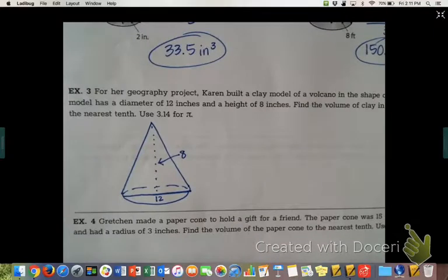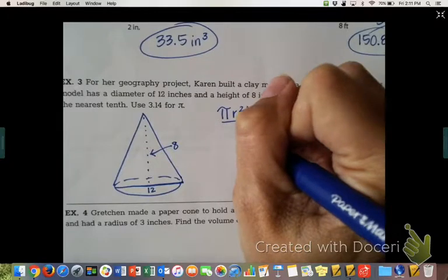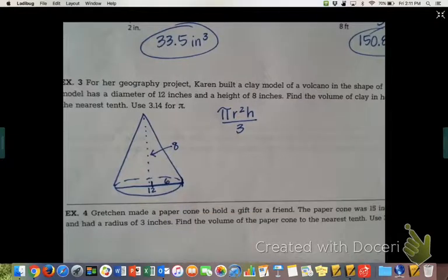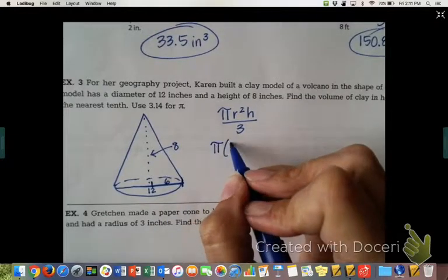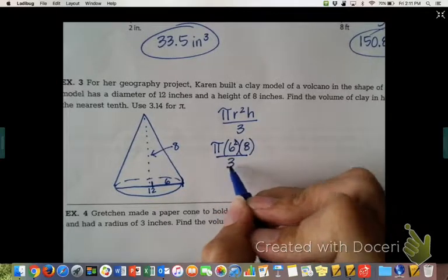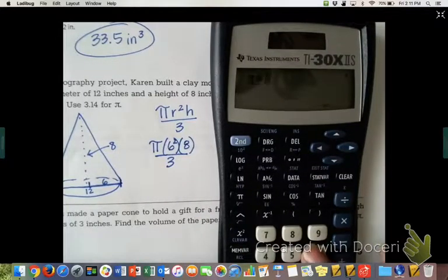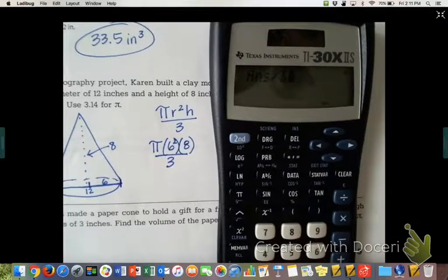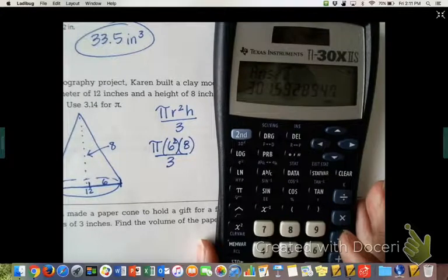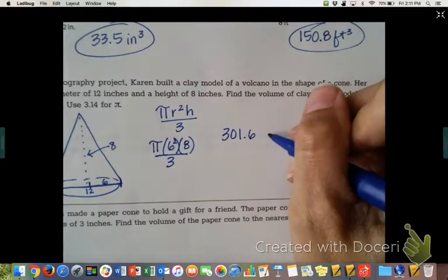Okay, find the volume. Again, simple formula: pi r squared height divided by 3, but we need the radius, not the diameter. So cut 12 in half and make sure you're using 6. So we're going to push the pi button, and then we're going to use 6 squared, and then the height is 8, divided by 3. So fancy pi button times 6 squared times 8 divided by 3. And we are rounding to the nearest tenth, so 301.59 will bump up to 301.6, and that is inches